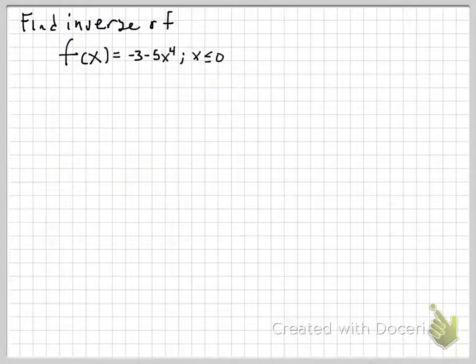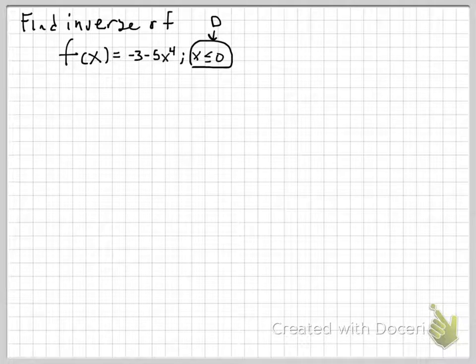For this last example that I'm going to do with you, I want you to find the inverse of f of x equals -3 minus 5x to the fourth, given the domain x is less than or equal to 0. So remember, when you get that little extra statement there, that's really just telling you your domain. And already, when I get that domain, what I'm thinking is,